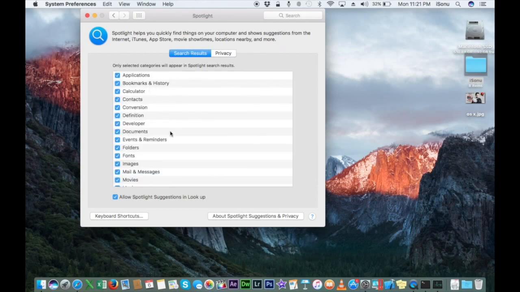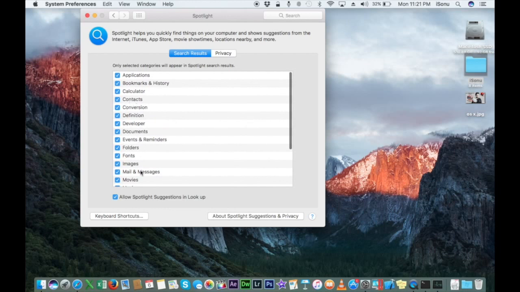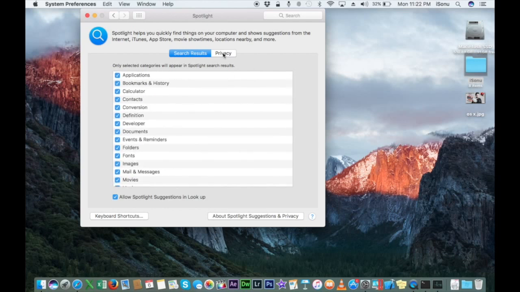Spotlight. As I mentioned in the earlier tutorial, you can customize your Spotlight search. So this is where it lies, the preference of the Spotlight. You can come here and uncheck everything which you don't want shown on the Spotlight search. And in case the Spotlight search or any search field on a Mac is giving you trouble, for example, if you have a mail and you're not able to find mail, it's basically related to the Spotlight search